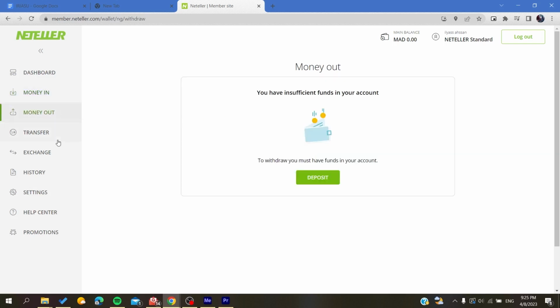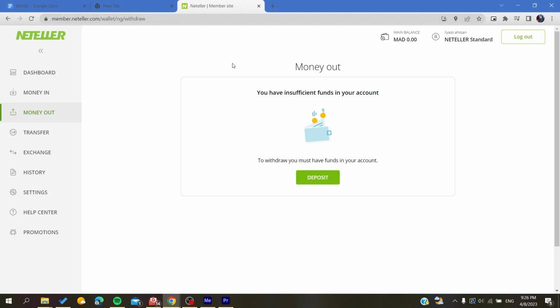After that, all you need to do is to withdraw your money to the credit card that is linked to your PayPal account, and basically you will have the list of your credit cards here. I just don't have any balance here in my wallet. So basically you will have your linked cards here, and then you will choose the card that is already linked with your PayPal. You withdraw your money to it, and then you will go to your PayPal account,